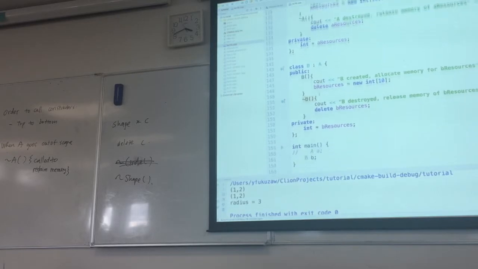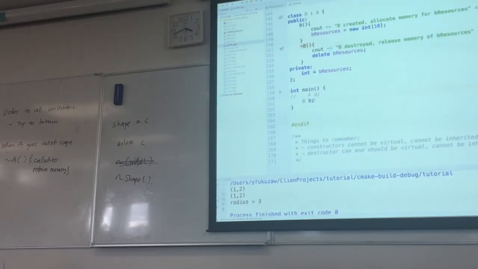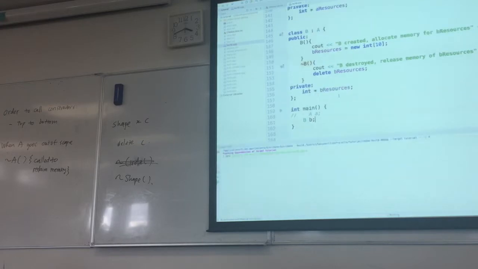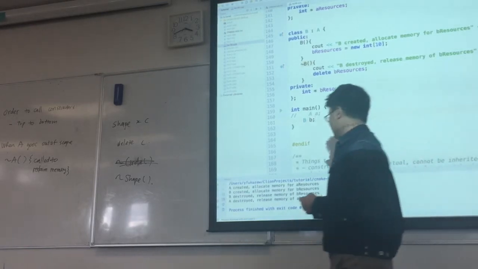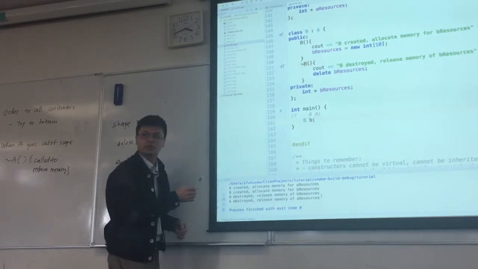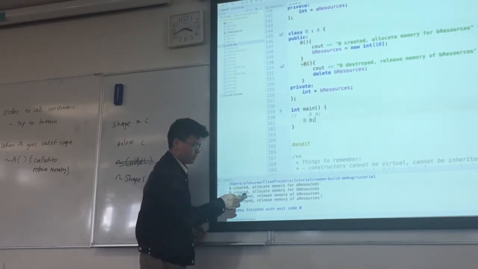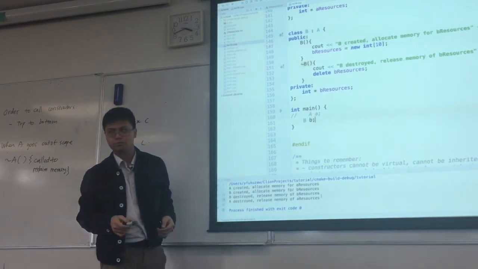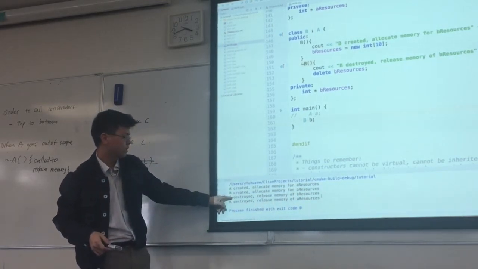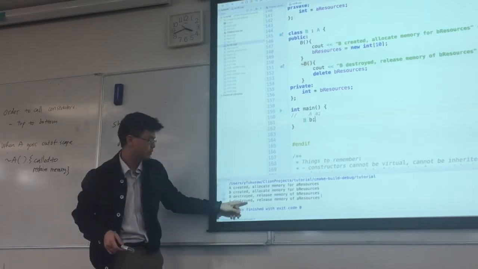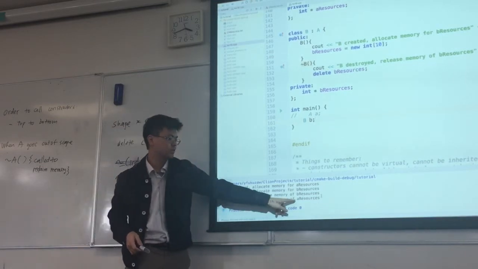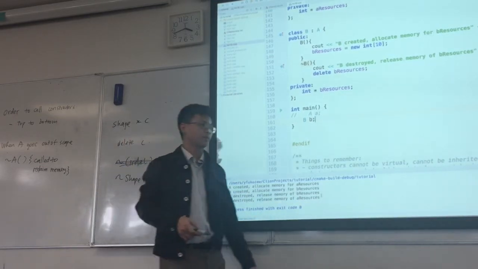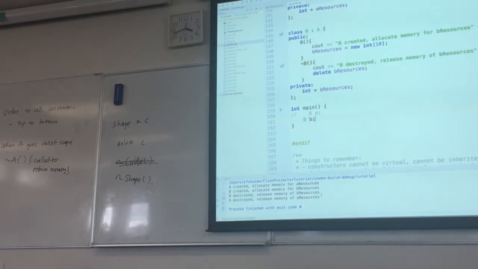So we can construct a B. If we just have a B, see what happens. Right, so because B is a derived class of A, the constructor of A will be called first to allocate memory for A resources, and then the constructor of B will be called after that to allocate memory for B resources. And then when B goes out of scope, the destructor of B will be called first to release B resources, and then A will release A resources. Everything is fine then. However, if you refer to B as an A,